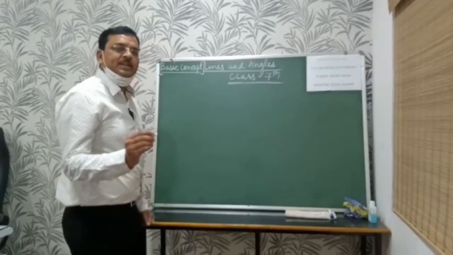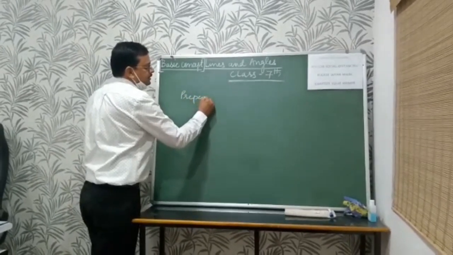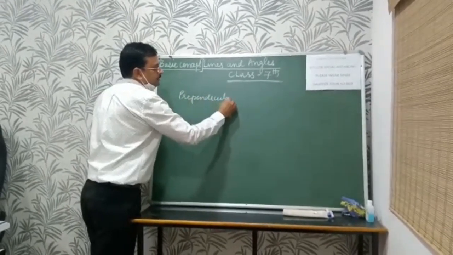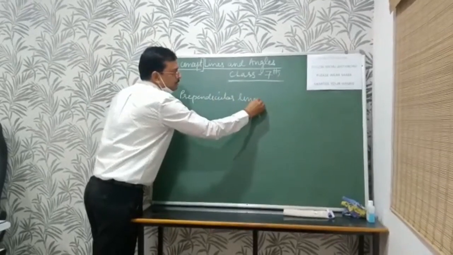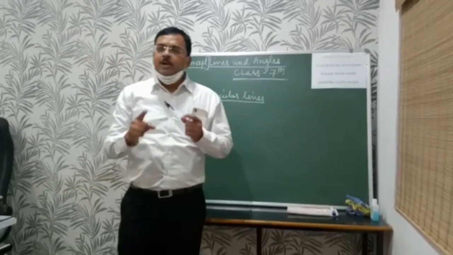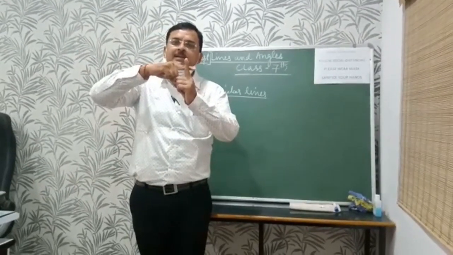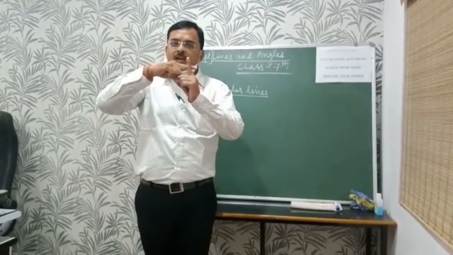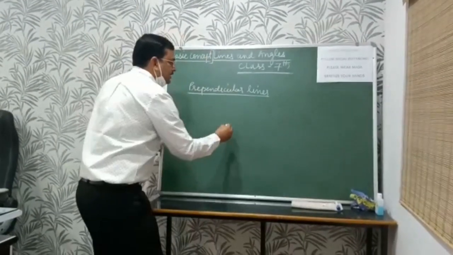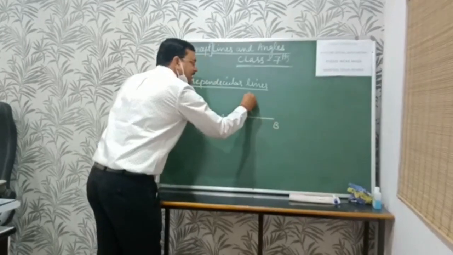Now the fourth point is perpendicular lines. What are perpendicular lines? When two straight lines intersect at an angle of 90 degrees, then they are called perpendicular lines. Like line AB and the line CD